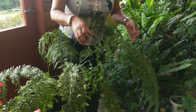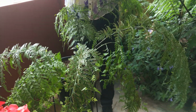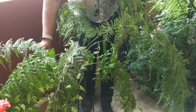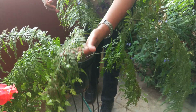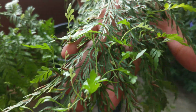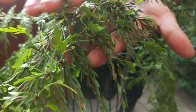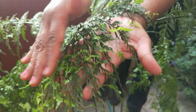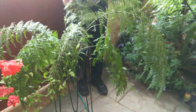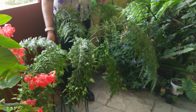Now here I have got this particular one called Asplenium bulbiferum, which is a hen and chicken plant, and the name itself suggests why it's called hen and chicken. Because we've got this hen, which is the mother fern, and we've got little chicks. So that's why it's called hen and chicken fern. And I've got a big one here, and this particular one has been in this pot for nearly 4 years,